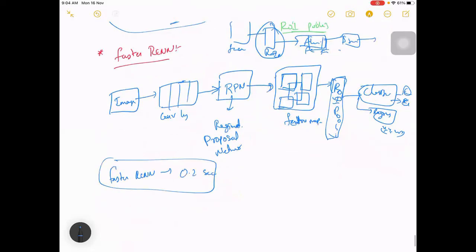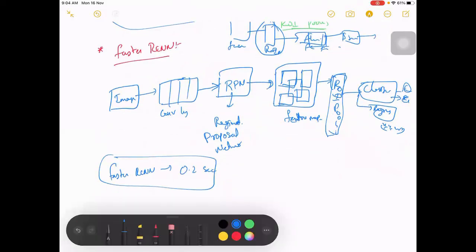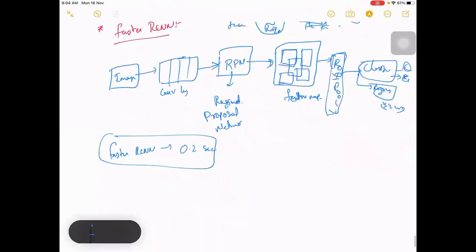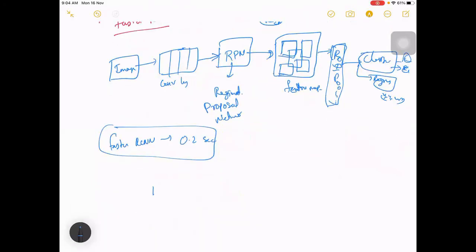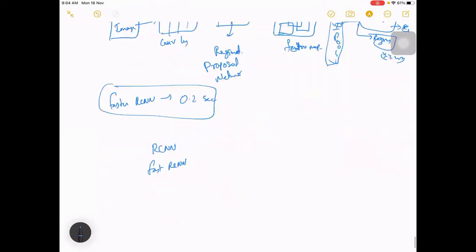Till here, it is a two-stage network. So RCNN, Fast RCNN, and Faster RCNN were actually two-stage networks.